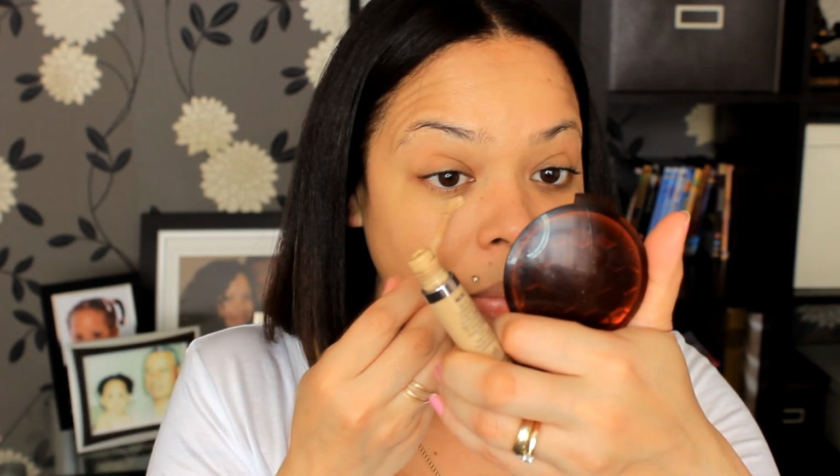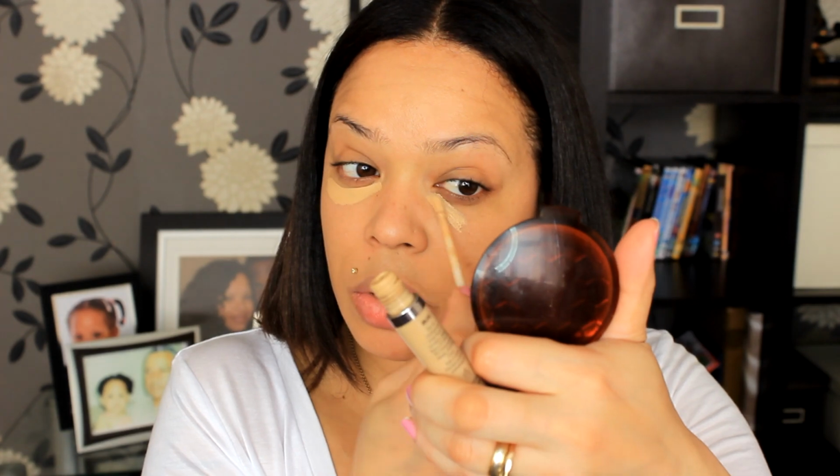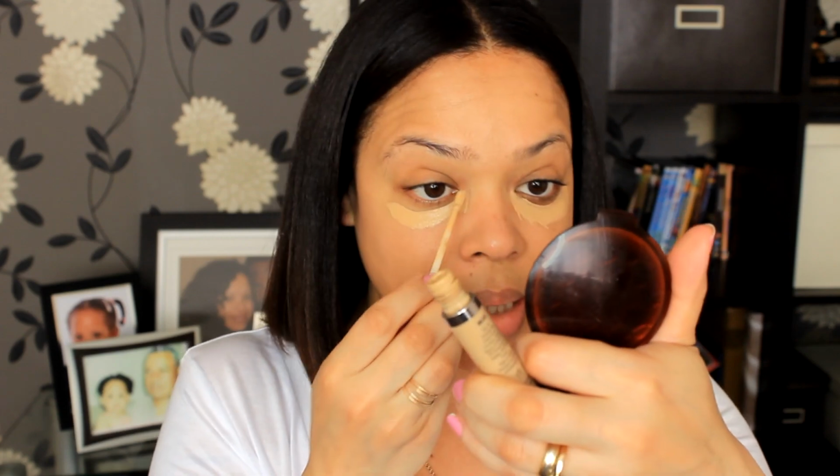Next, I'll be using my Urban Decay Weightless Complete Coverage Concealer, which I am absolutely in love with. I'm obsessed with this product, and I really like the coverage that it gives and how natural it looks no matter how much you put on. I've been finding recently that my eyes look very tired, so I apply a little bit of extra concealer. As usual, I just dot underneath my eyes, but recently I've just been